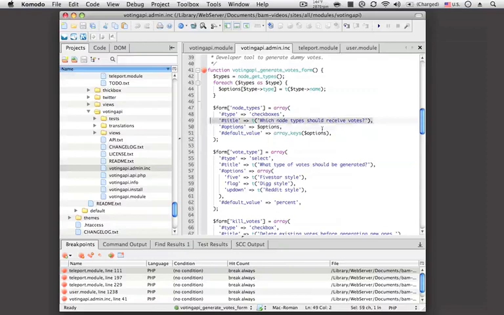We have a title, which just helps the user understand what the node type is. The default value is being passed in an array of the keys for the options. So thus, it makes all of the options checked by default. So next, the next input is a select type, and